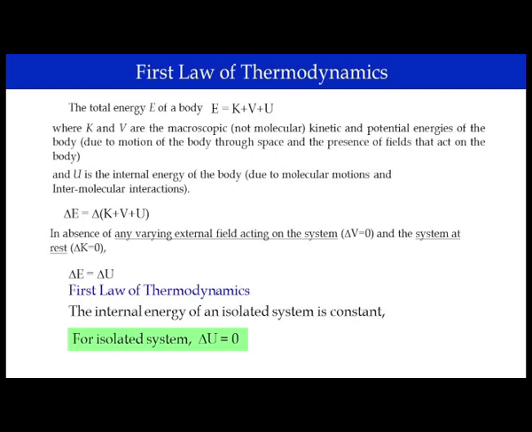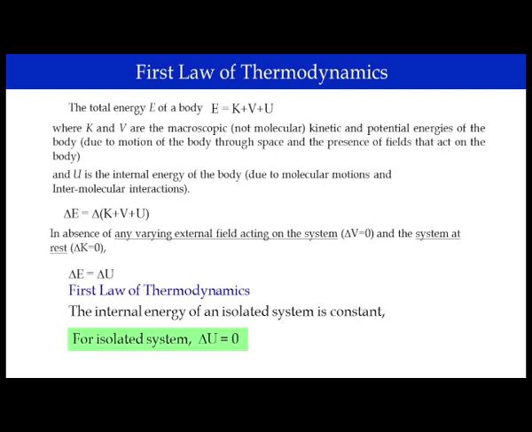This is the scenario. Then the total energy change would be represented by the change in internal energy. And if the system does not interact with the surroundings at all, there is no exchange of energy between system and surroundings, which is the case for an isolated system,